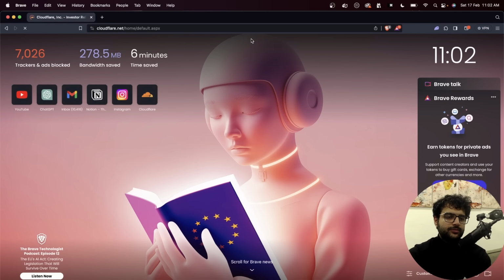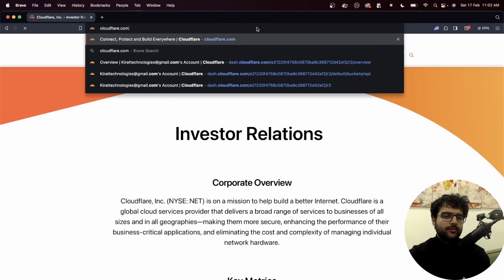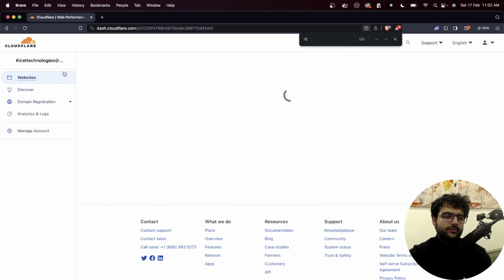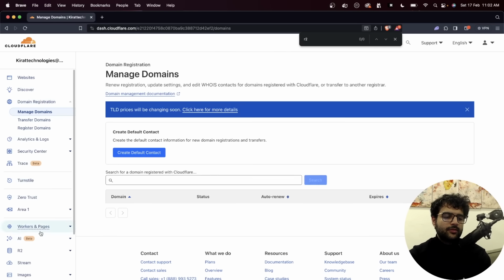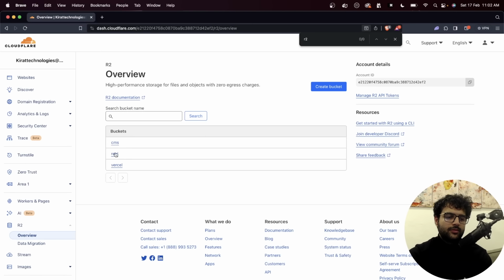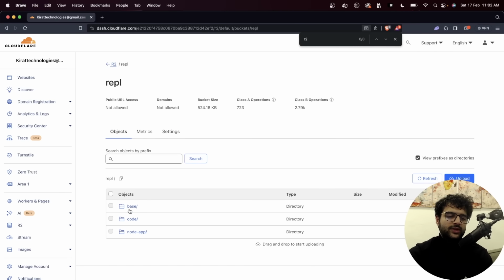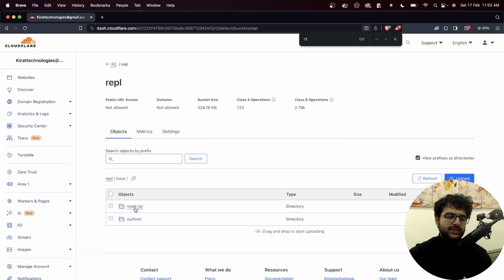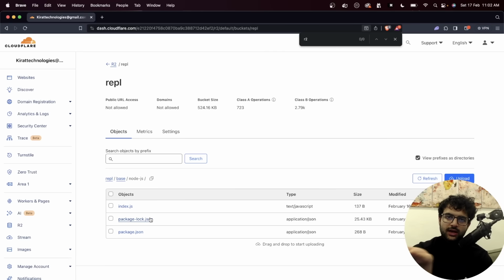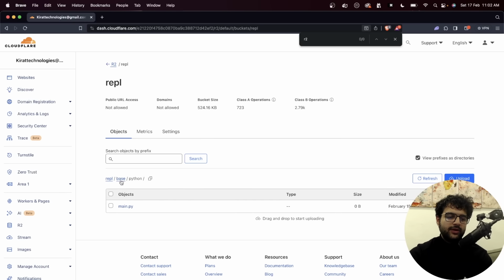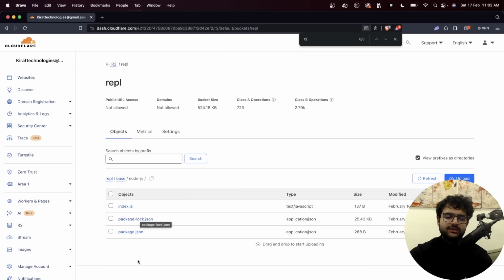cloudflare.com, you will see I have all the base code in this REPL/base/Node.js for all the basic Node.js code, the starter code for a Node.js application, and for a Python application, it's present here. This has a single main.py file. This has an index.js file and a package.json that has all your dependencies,